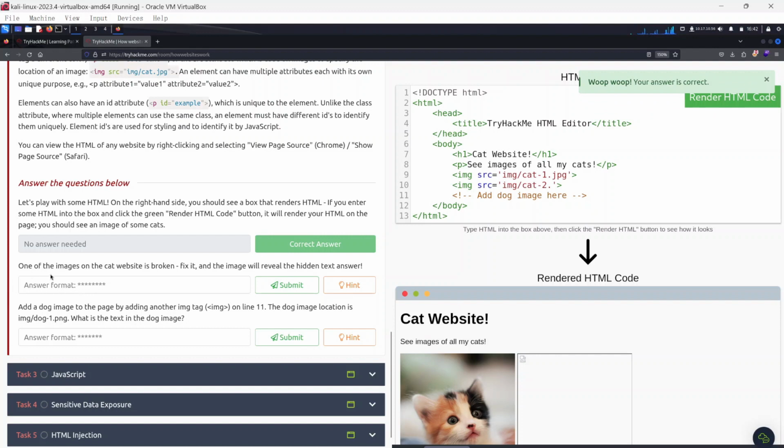Question 2, one of the images on the cards website is broken. Fix it, and the image will reveal the hidden text answer. Okay, so we have image 1, cat 1 is showing, image 2 needs to be fixed, and that should be the extension. It should be the same thing as the JPG, I think. And if we render that,